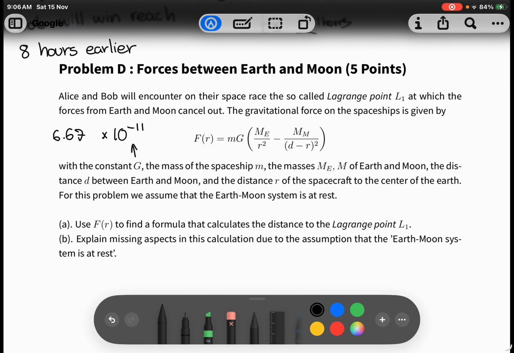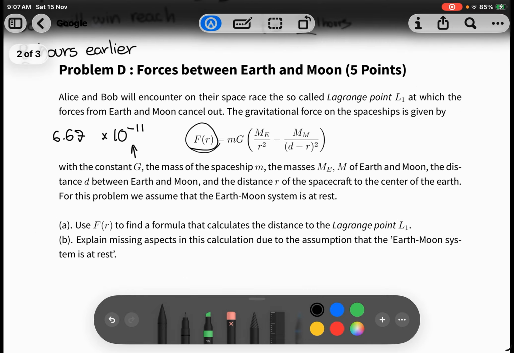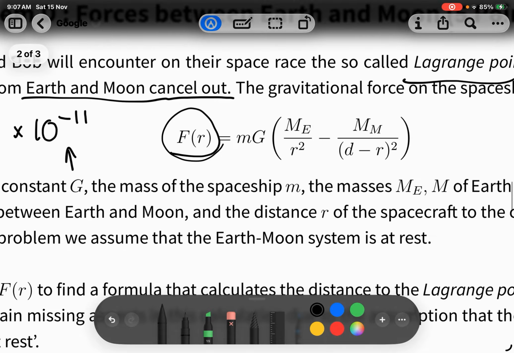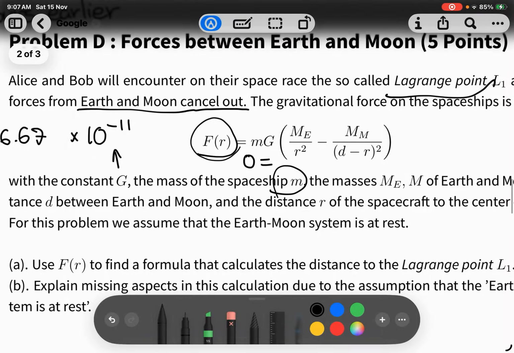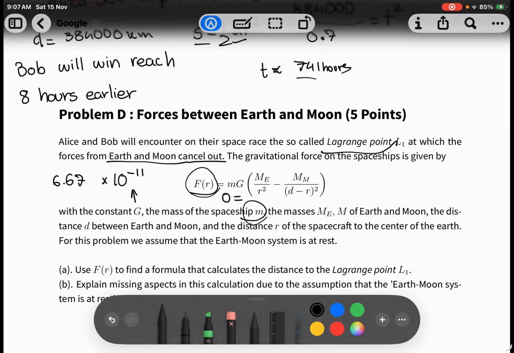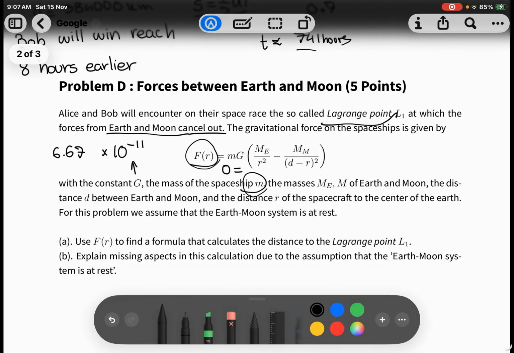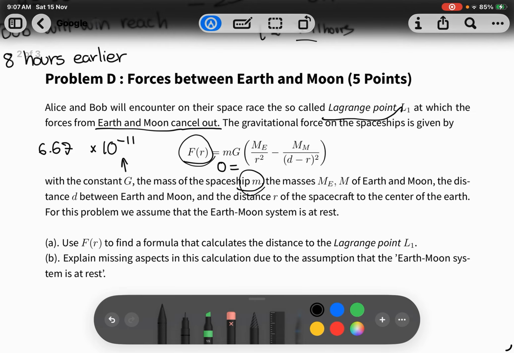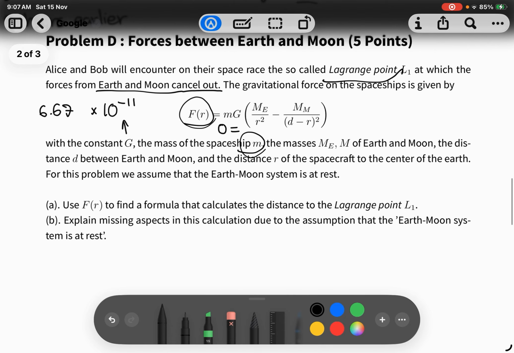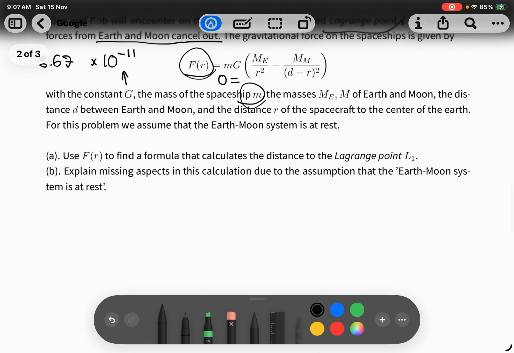So now to solve this, since this is the resultant force, and at the Lagrange point the Earth and the Moon cancel out, this will equal 0. And the mass of the spaceship, is it given somewhere? Is it given here? No. You don't have the mass of the spaceship. Okay, we just have 6.67. That's it. The distance r is actually kind of difficult. So because this is equal to 0, we can just say